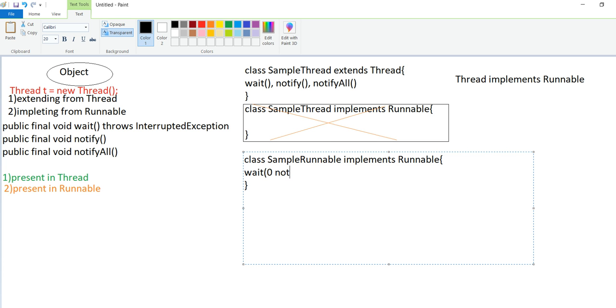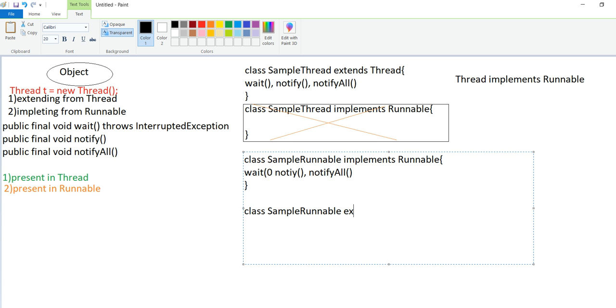No problem, no issue. wait, notify, notifyAll, right? This is absolutely fine. Okay, no issue. Then the second way of implementing multithreading,